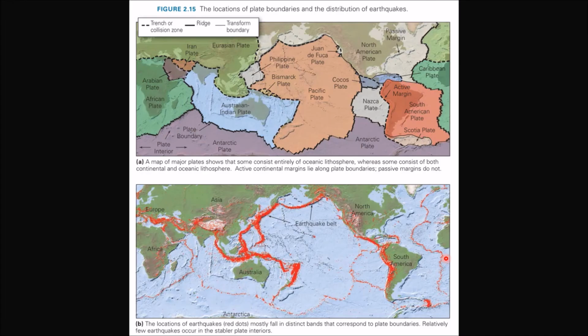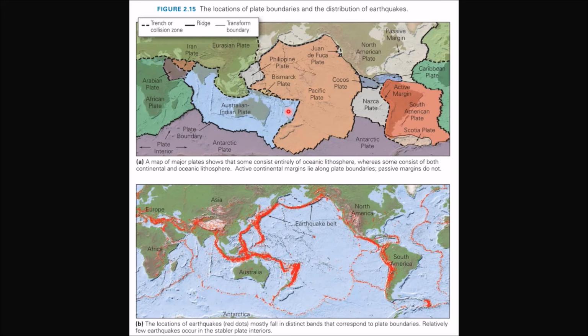So let's take a look at this picture over here at the bottom, which also shows you earthquakes. The other picture was from 1953, but this is more of a modern picture. In this picture, it shows the earthquakes again as red dots. So again, they occur in belts. Wherever you see these lines, you see a whole bunch of earthquakes. And outside of that, there's not really too many earthquakes in other locations.